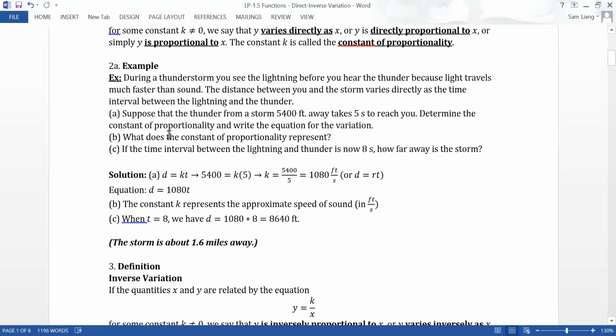Part B is, what does the constant of proportionality represent? And part C is, if the time interval between the lightning and thunder is now 8 seconds, how far away is the storm? Okay, so we're going to use,